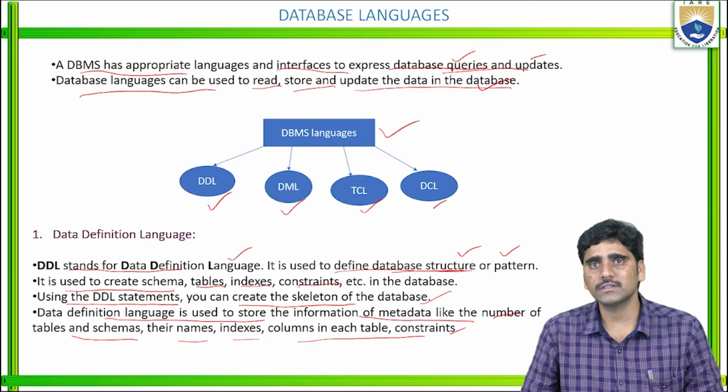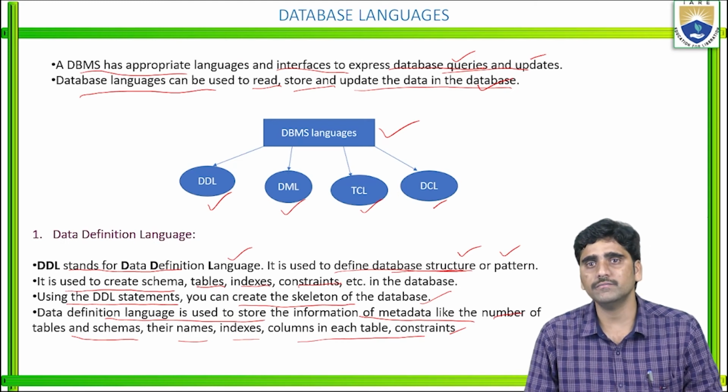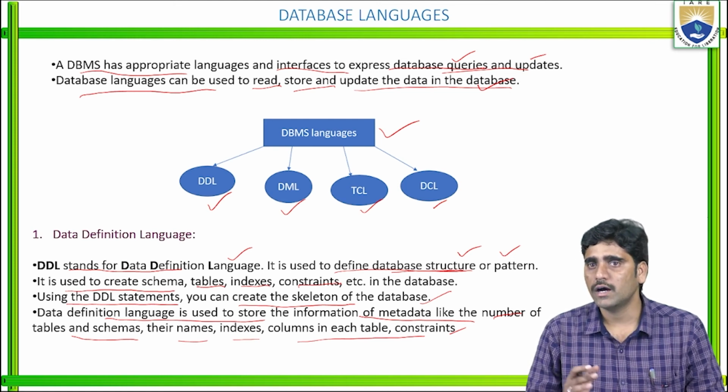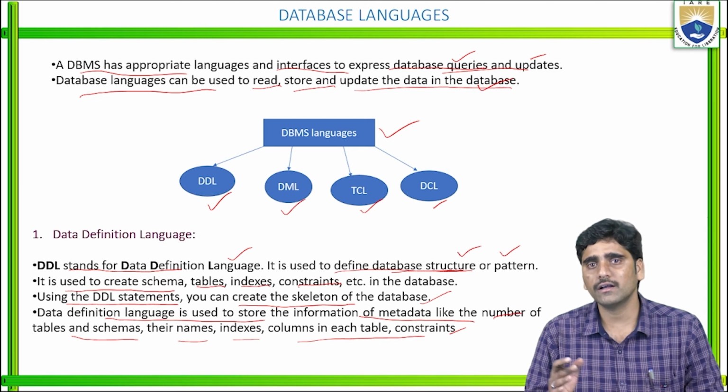Let's see what we discussed in this session once again. Database languages are classified into different types: DDL, DML, TCL, DCL. DDL stands for data definition language. DML stands for data manipulation language. TCL stands for transaction control language. And DCL stands for data control language. So the user interacts with the database by writing these syntaxes and commands